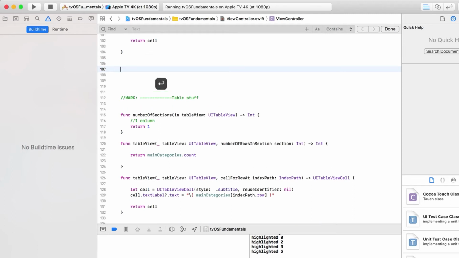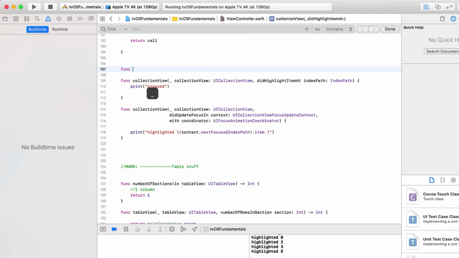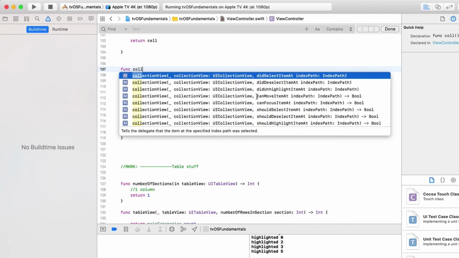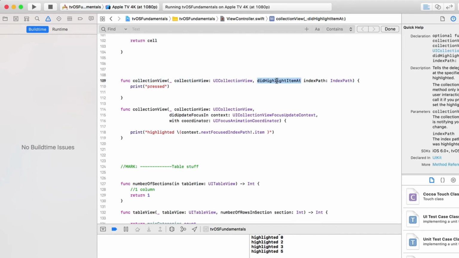Okay, so get right over here, and I'm going to paste some stuff in, and I want you to find it. Just type in collection view and then go through here and find it. Let it fill itself in for you. But I want to paste both of these in here together because I get confused between the two of them. This, when you put in here, didHighlightItem at,